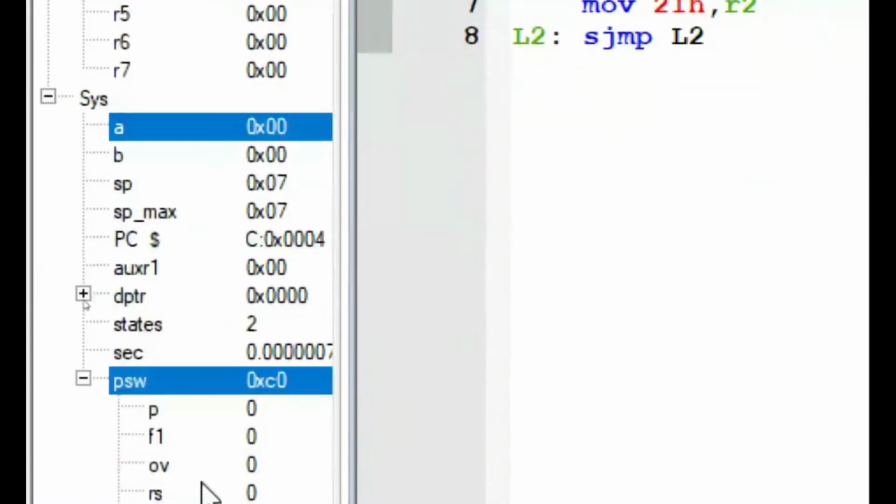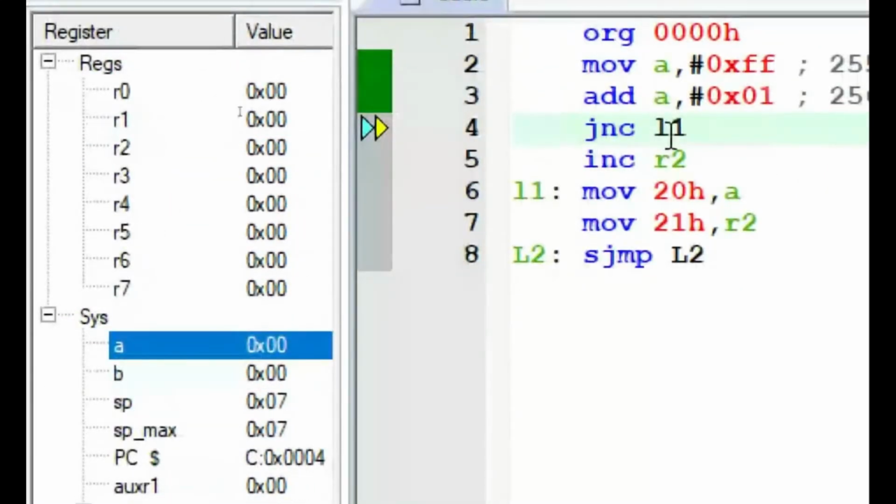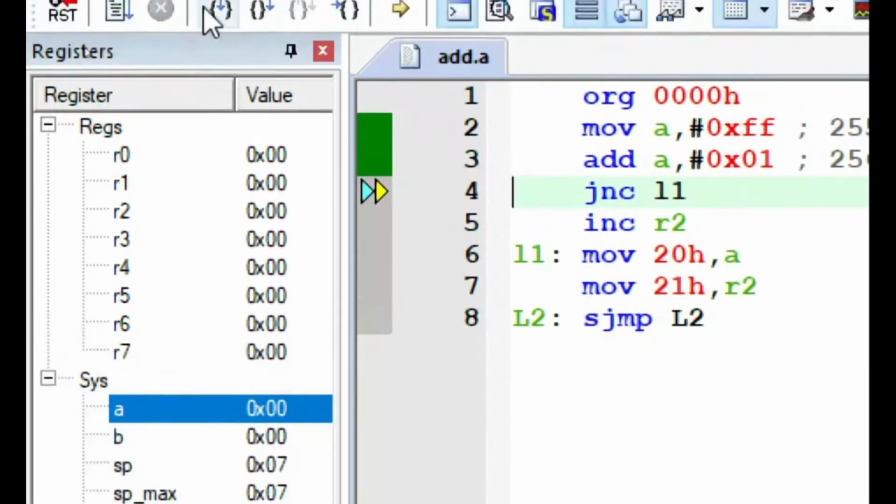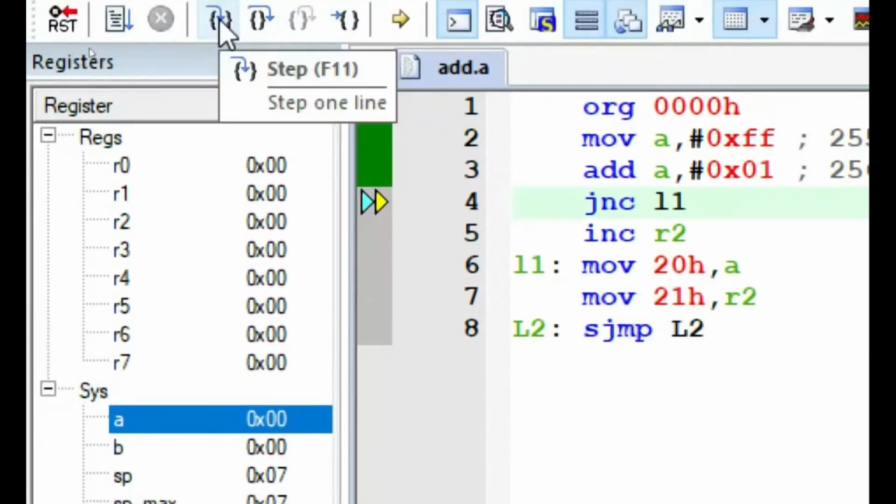Now, is the carry available or not? Yes, there is a carry. So this condition fails. If there is no carry, it has to jump. But now there is a carry, so it should not jump. It has to go and execute the 5th line. So it is very interesting to observe as I do the single step execution. We are expecting the program execution to go to the 5th line. It should not jump to the 6th line, which is very important, right? Because only if there is no carry does it have to jump to loop 1. By performing this arithmetic operation, there is a carry, hence it will not jump. The condition fails, so it has to go to the 5th line. That is our expectation.